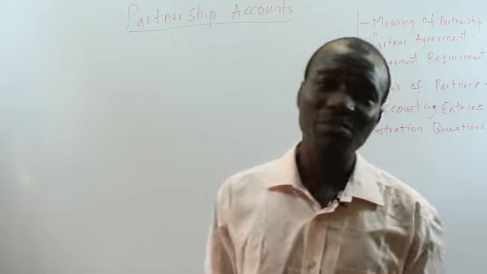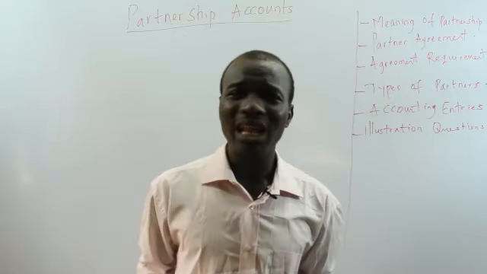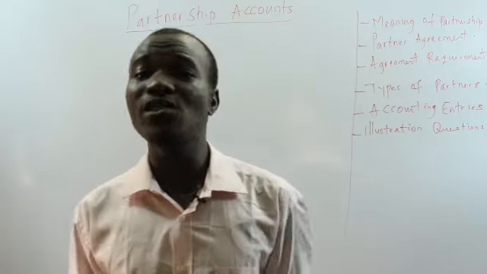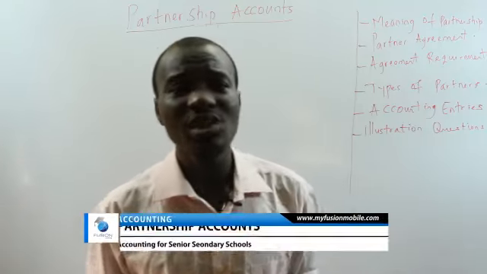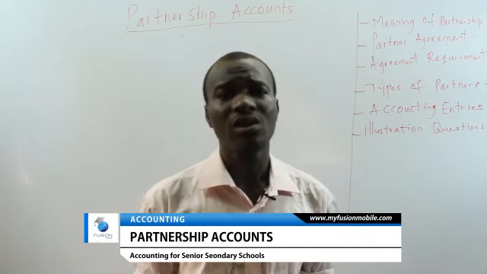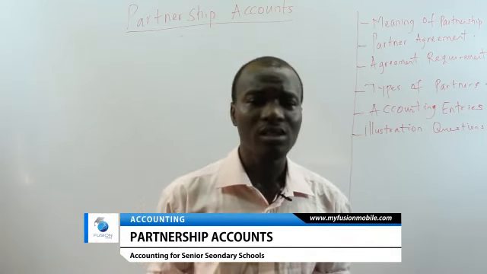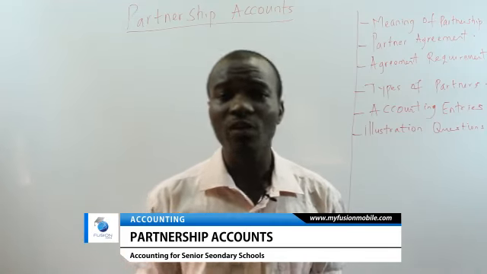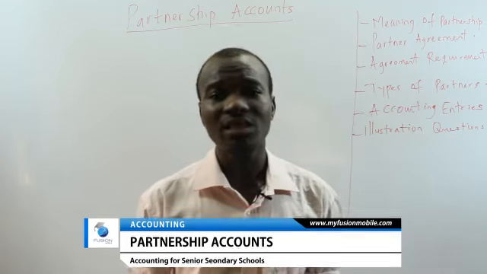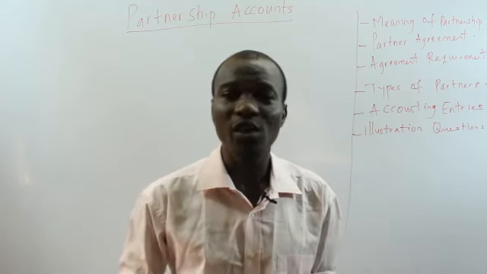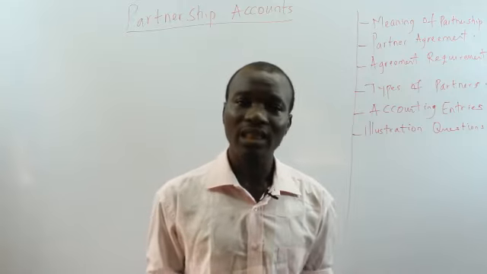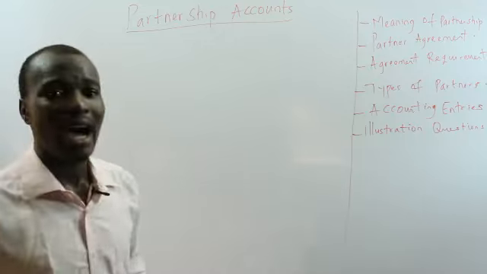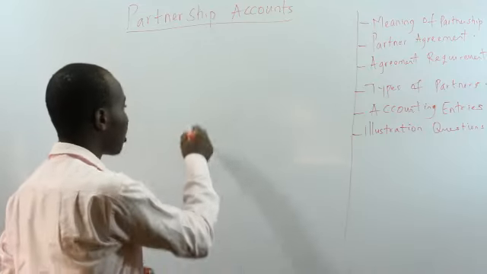After calculating the net profit, we are going to have another account which is not available in the trading profit and loss account of a sole trader. We are going to have the appropriation account. So we have to prepare the appropriation account. The appropriation account is the account in which the profit of the business is shared to partners. In the appropriation account, we are going to consider the share of profit of partners,